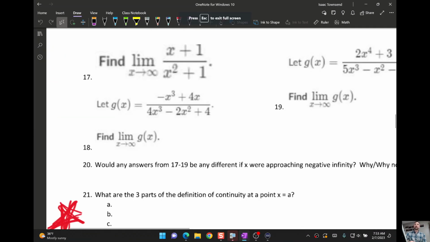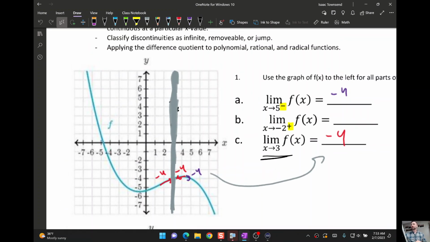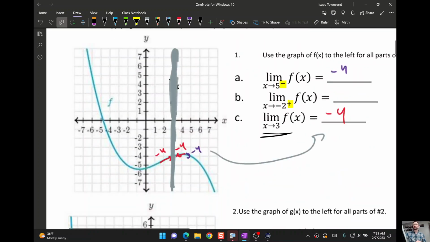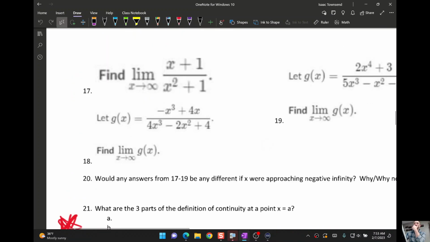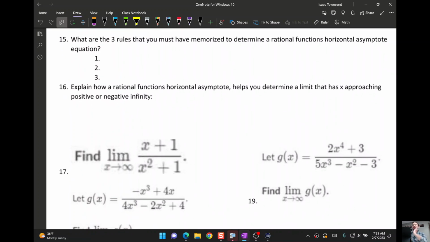Okay, has anyone found anything I can help with yet? Yeah, what do you got? Can you explain number 16? On the review? What's the best way to put that? Explain how a rational function's horizontal asymptote determines a limit that has x approaching positive or negative infinity. Well, when we say something has a horizontal asymptote of like y equals 4, what that means is that the function